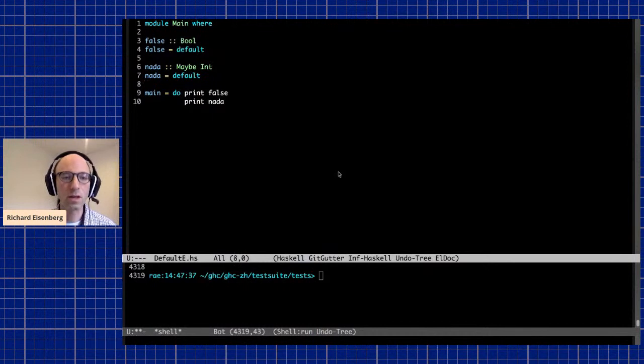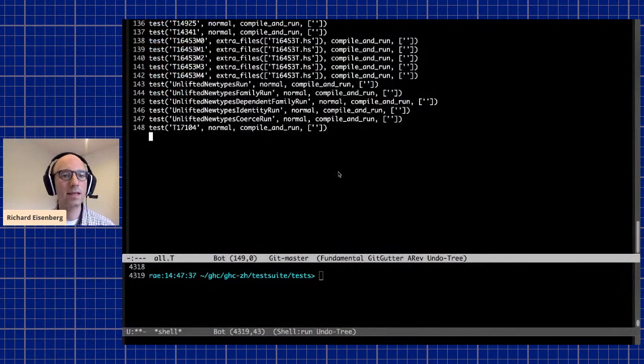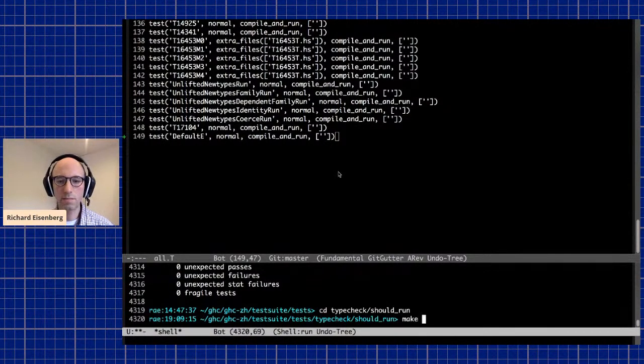So now that I've typed this in, I now have to go and edit the all.T file to tell the test suite that I want to run it. So default E, and compile and run. Documentation on how this works is all in that wiki. And so now that I've done that, I can go into this directory, and if I say make TEST=default_E,